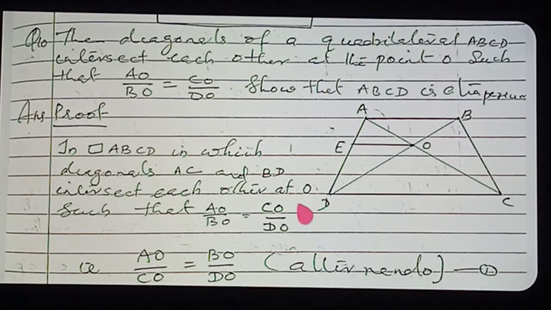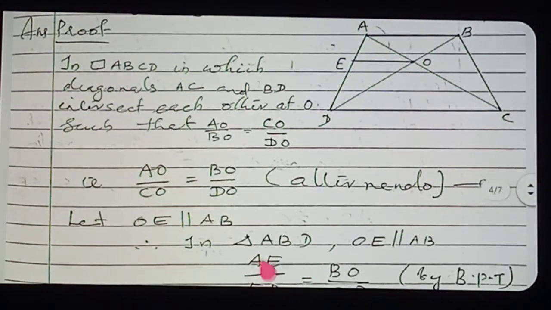By applying alternando, what will you get? AO by CO is equal to BO by DO. Keep it as equation number 1. And now